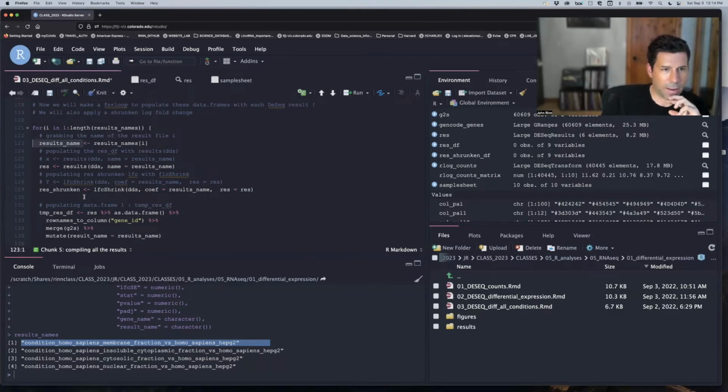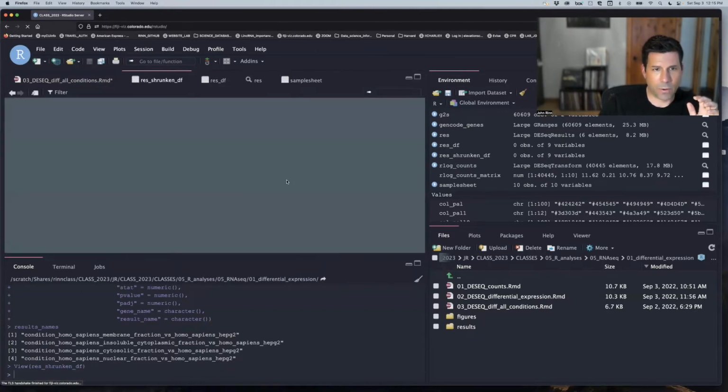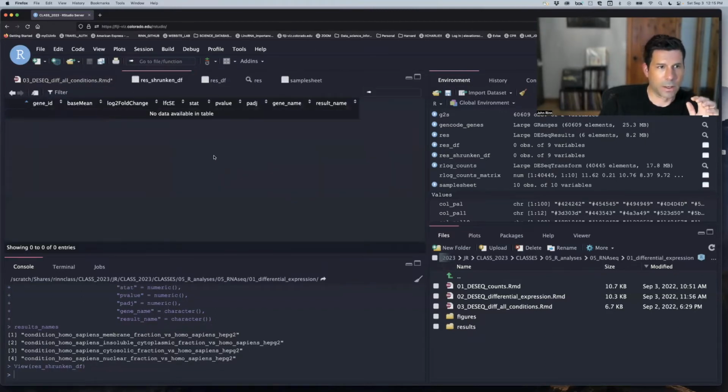And then for the res shrunken log fold change, we have to run the shrunken log fold change function. We probably should have done that up front separately, but we're going to do it in the for loop. So for each of these results, it's going to do the log fold shrunken conversion on our log fold change. The coefficient is the result name, so it's going to look at the values for that result name. So it's really just looking in this table and normalizing the shrunken,